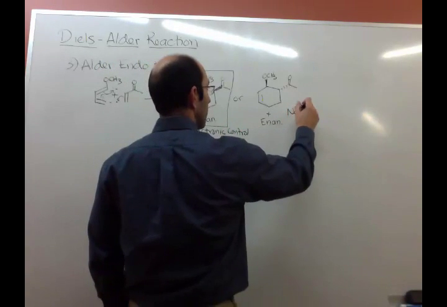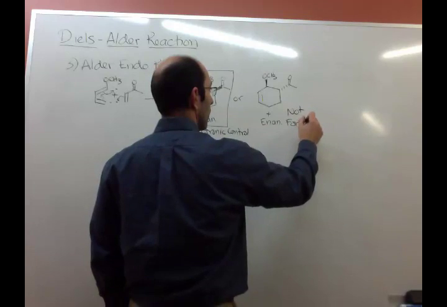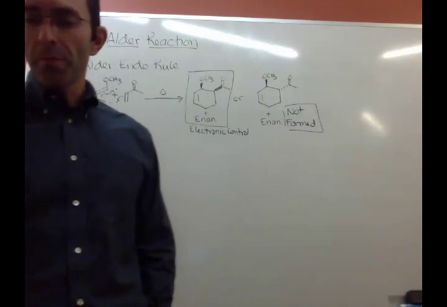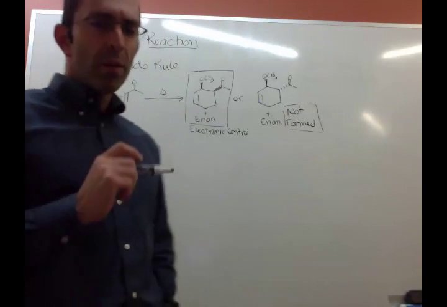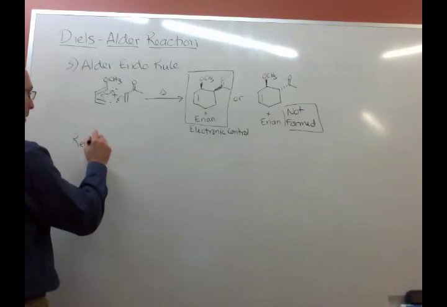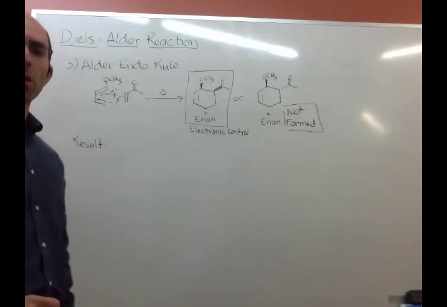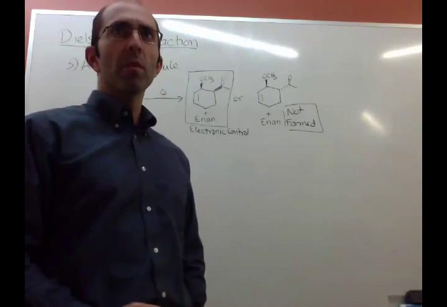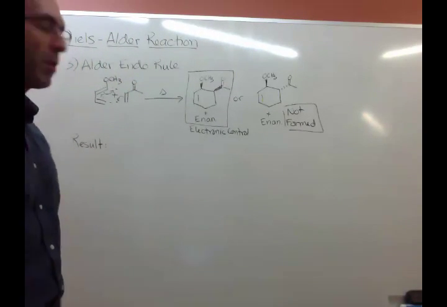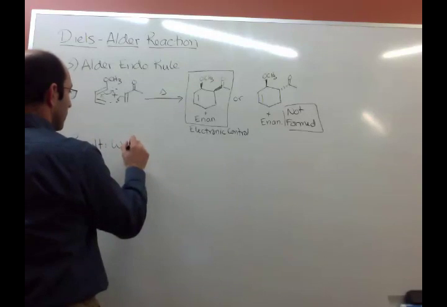And this one is not formed. Okay? And let's just write out how we can state this result. Okay, so one way to state the Alder-Endo rule is that the W group